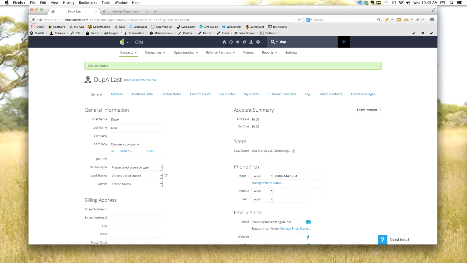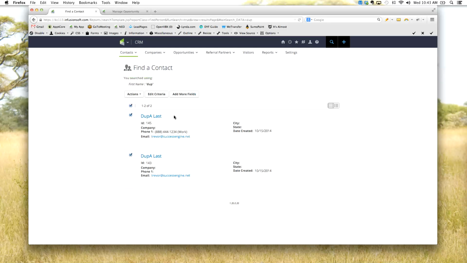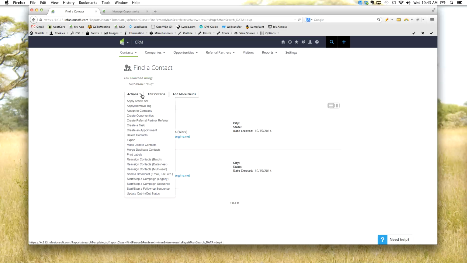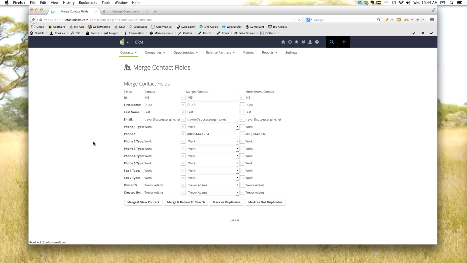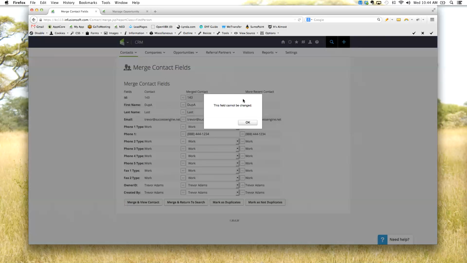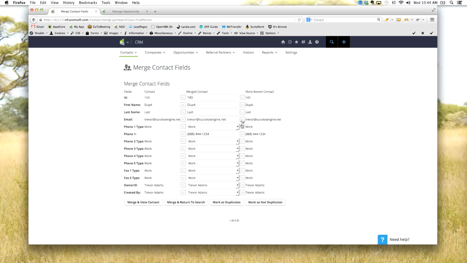So if I now run my search and I have two contacts here, right? And presuming you have other data to keep track of, that's fine. Under my actions, I can now say merge duplicate contacts. So I click on that. It presents me the more recent contact and then the original contact, the first one that was added. And you'll notice I have arrows, so if I have one type of data here, one type of data here, I can just push my arrows and get it to be whatever I want. I didn't add data on the first one to make that clear,